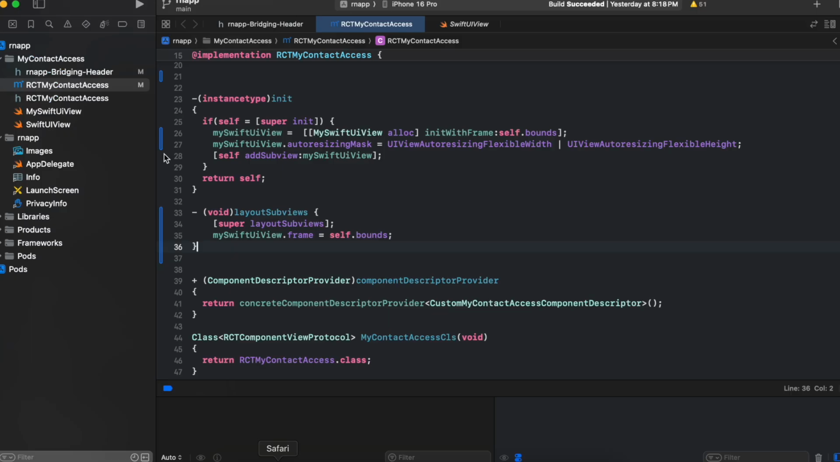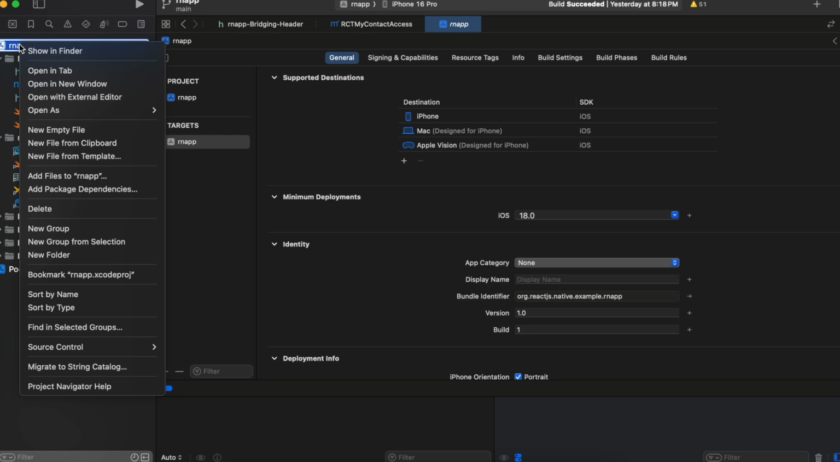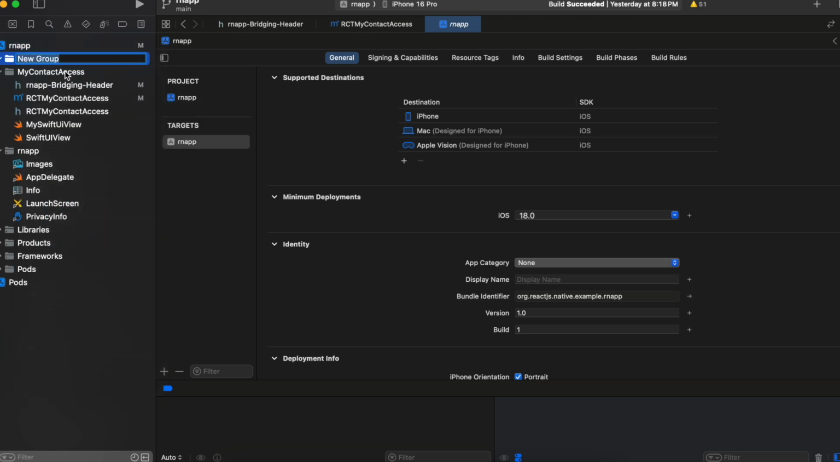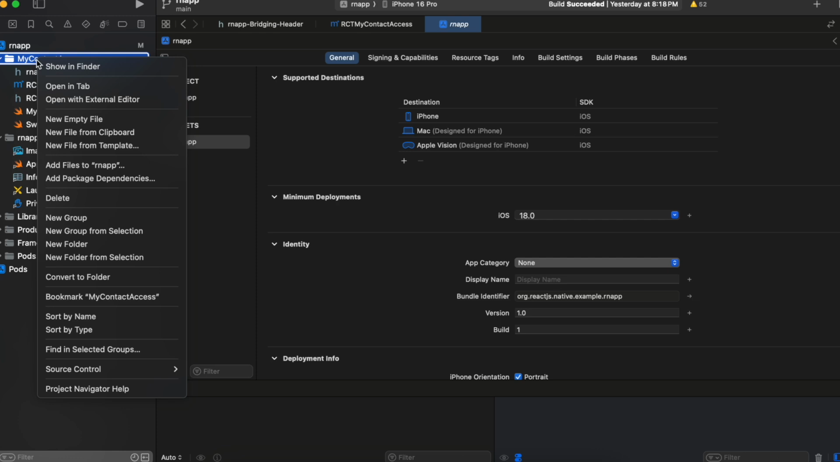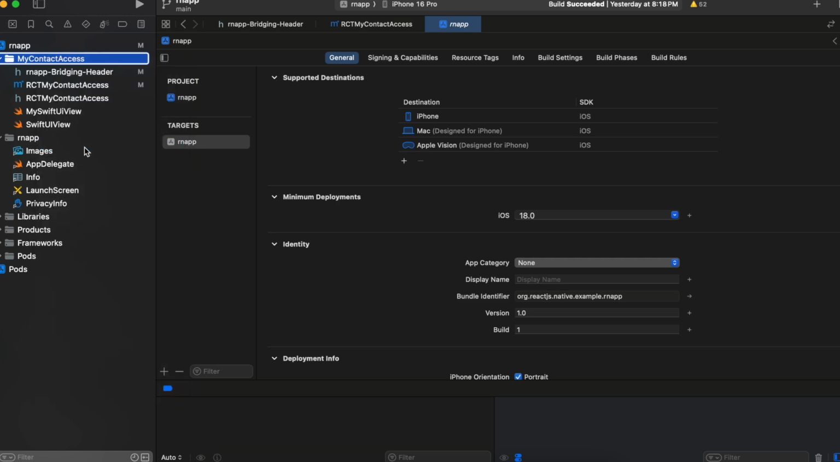So first we have to create a new group. For that, you can just right click on your project, select new group, and give the name my contact access. I have already created it, as you can see over here, so I'll just delete this extra group which I have created. Then inside that, you have to right click, and this is very important, do not select this new empty file. It will land you in trouble. Select this new file from template,